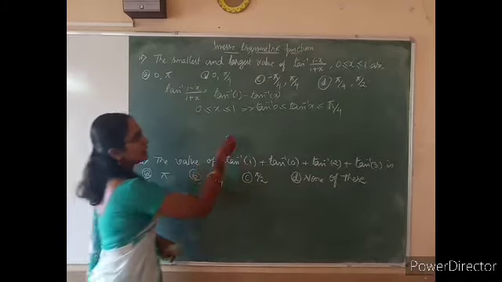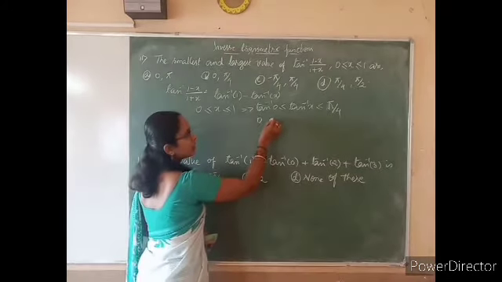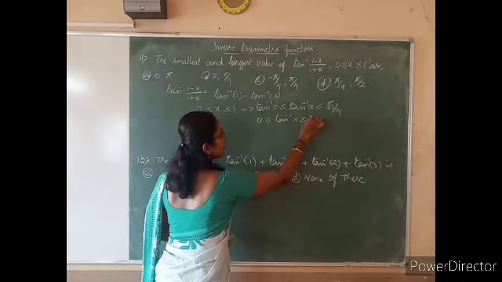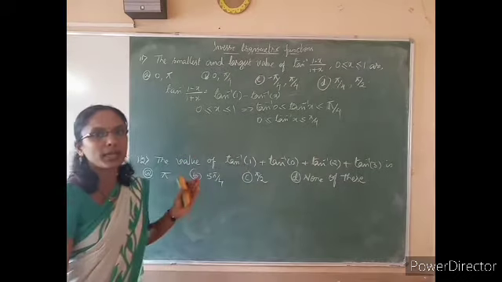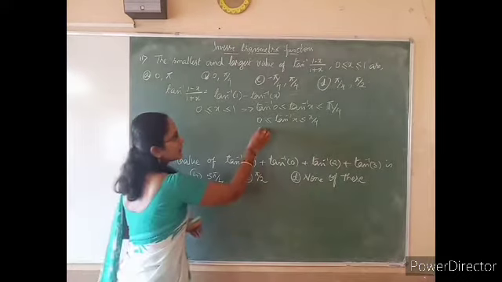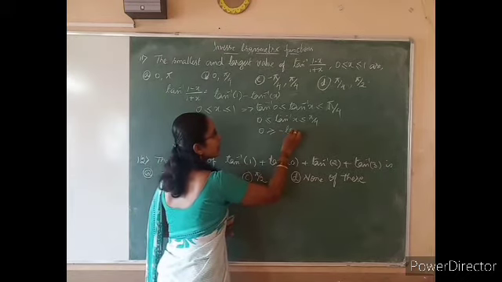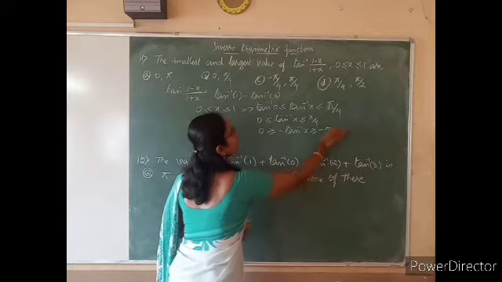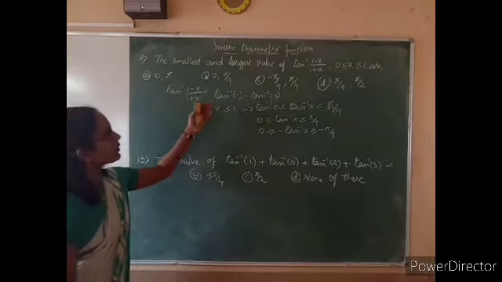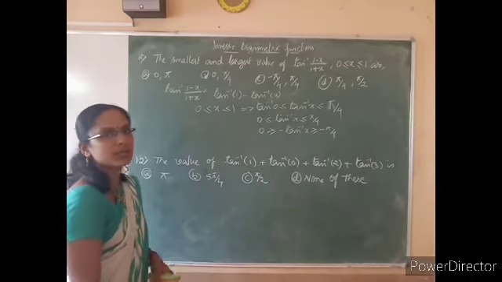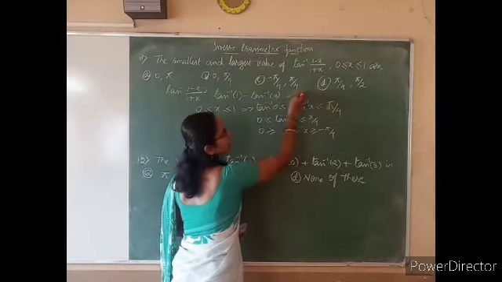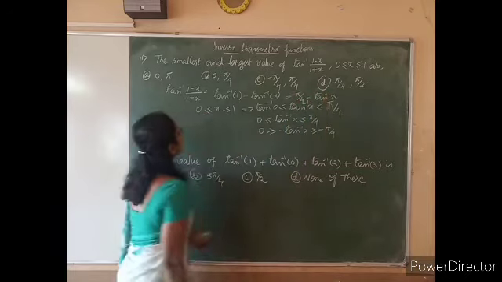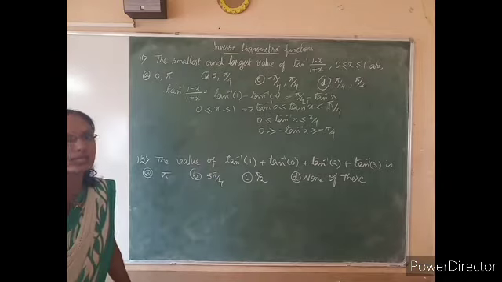I will reverse the order here. Tan inverse of 0 is anyway 0. So 0 is less than or equal to tan inverse of x is less than or equal to pi by 4. If I multiply by a minus sign, the inequality gets changed. That means 0 is greater than or equal to minus tan inverse of x is greater than or equal to minus pi by 4 here. So we want tan inverse of 1 minus tan inverse of x, and tan inverse of 1 is nothing but pi by 4. So pi by 4 minus tan inverse of x. This expression is nothing but tan inverse of (1 minus x) divided by (1 plus x).